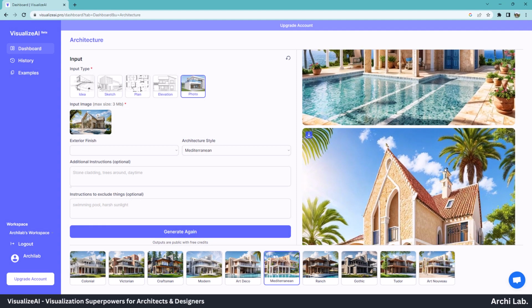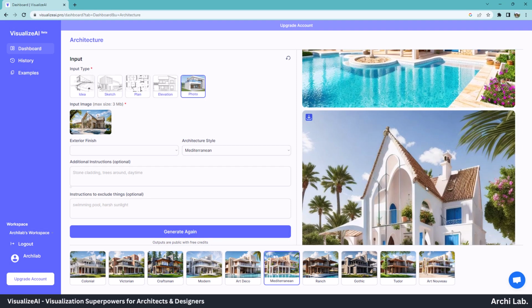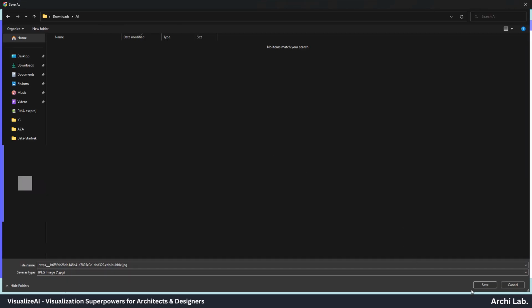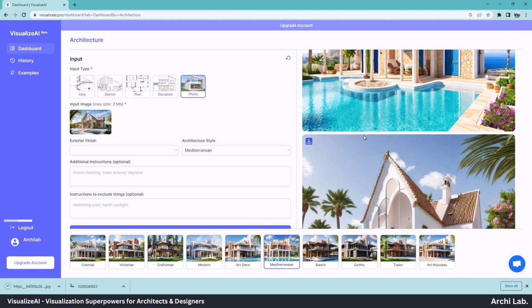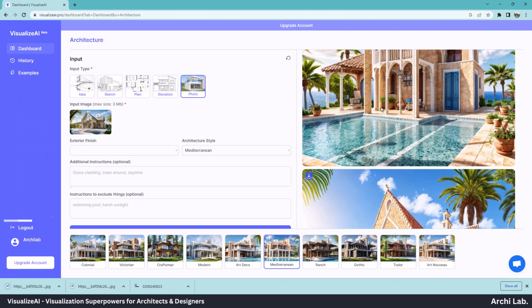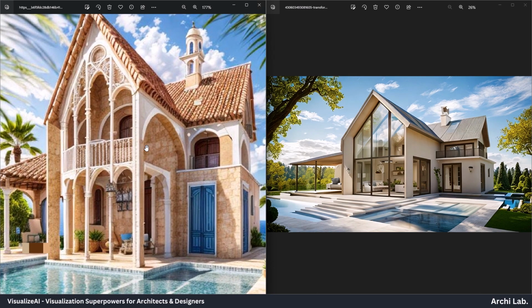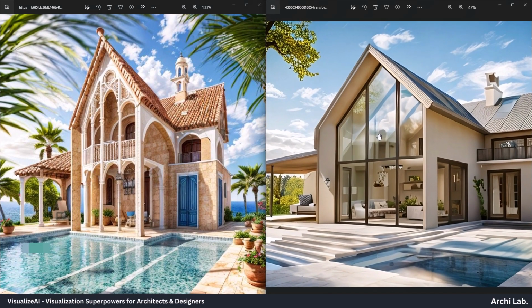As you can see, we can get 3 promising renders and these are looking quite nice. We can save these images by right clicking and choosing save image as. Locate your folder and save. Repeat this process for all 3 images and save. On the left window you can see your AI generated image and on the right side our base input image.